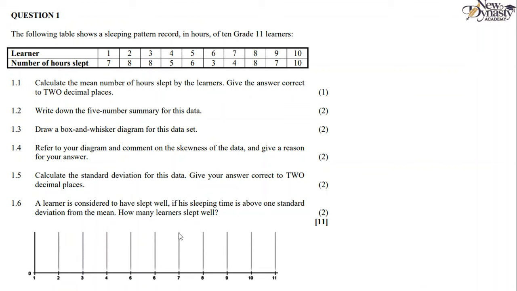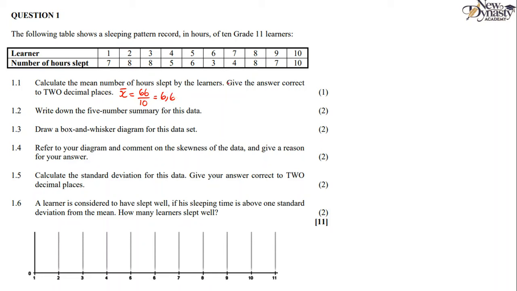So since we are asked to calculate the mean number of hours, we're going to use the hours row. So you can see that we have got only 10 numbers, which without using a calculator, you can just add them and divide by the total number of learners. So when you add all those numbers, remember the mean is x bar equals the sum of all those numbers divided by the number of data sets. So when you add all those numbers, they give you 66, and the number of data points is 10. Then you divide by 10, and that is going to be